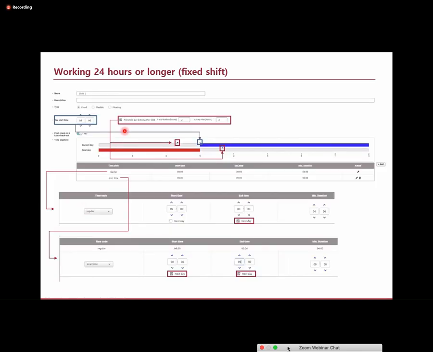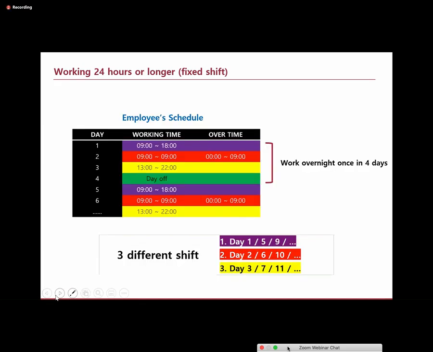Then you can set up to 6 hours for each of a day before and a day after, in total 12 hours. In this example,